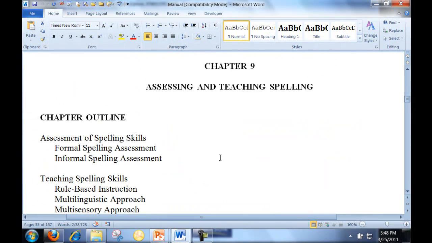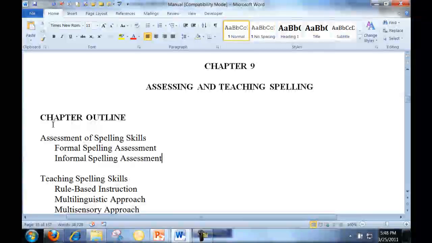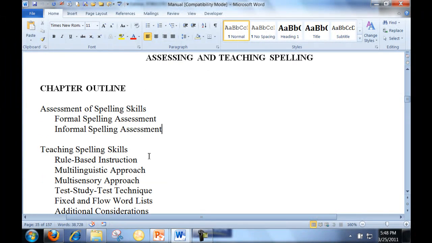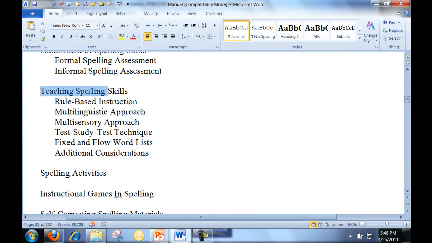Well, Chapter 9, assessing and teaching spelling. First of all, it just starts out the chapter just talking about spelling, but here's the highlights of what we'll do here in the outline. First of all, just on assessing. And like we did in reading and in speech, the first part of teaching, especially you as special ed teachers, will be to determine where and how to teach based on these processes. So we'll spend some time, but the bulk of our time will be about teaching